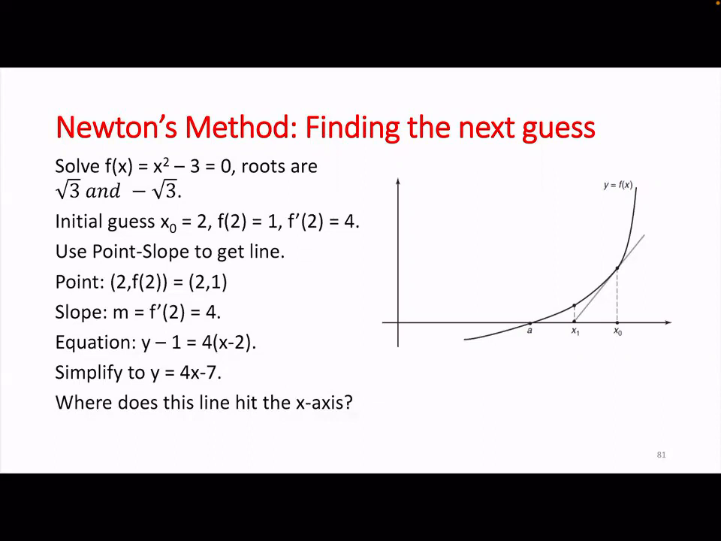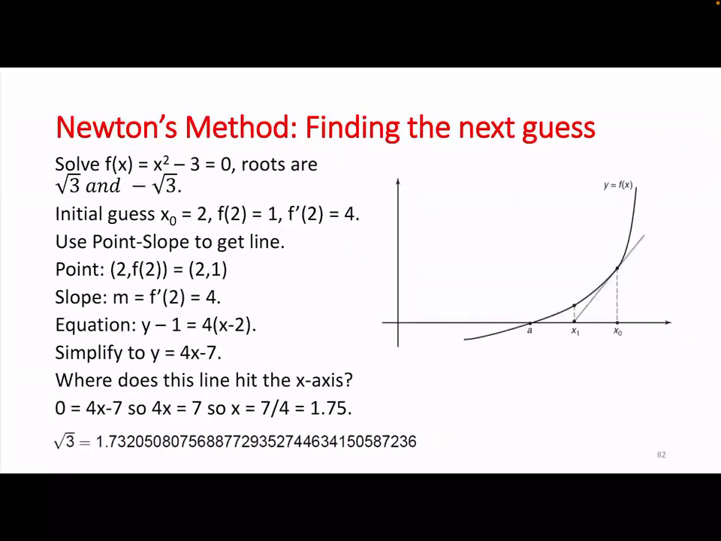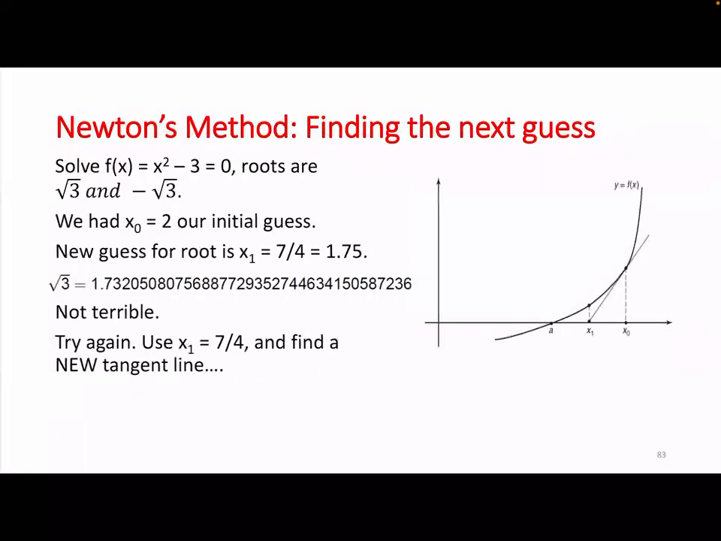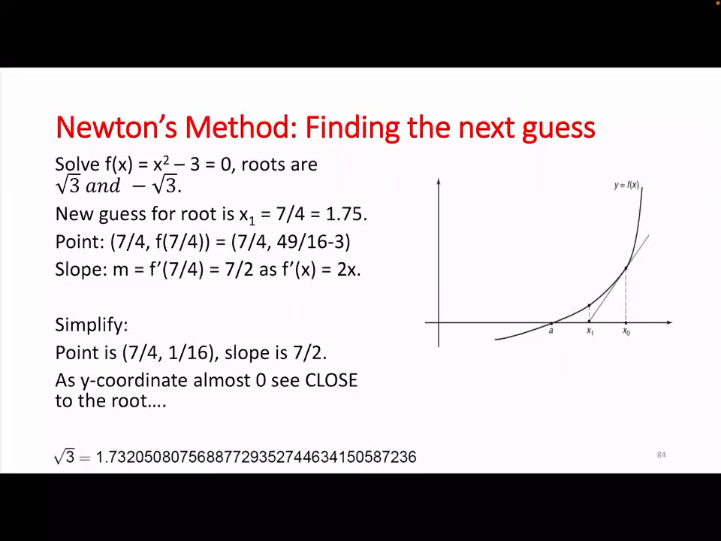So when this hits the x-axis, what's the value of y going to be? 0. So we plug in y equals 0, we get 4x minus 7, so x is 7/4, so 1.75. And so already our first correction is 1.75, which is pretty close to 1.732. And what's nice is this will always give us a rational approximation. So we can try this again. We can use 7/4 and find the new tangent line. And again, when we do the algebra,